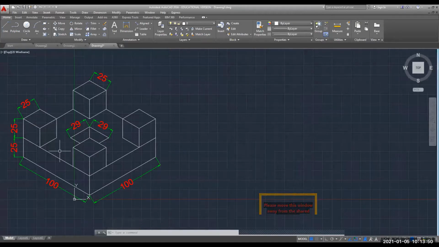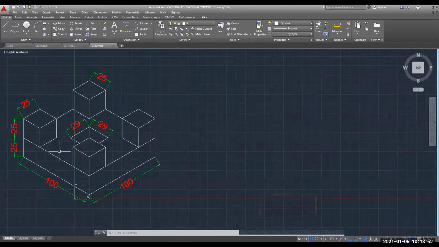Now, if we have to draw the front view, we first have to see where the observer is located, on which side. Since this is a symmetrical object, whether you see it from this side or from that side, from all the sides the front view will remain the same.